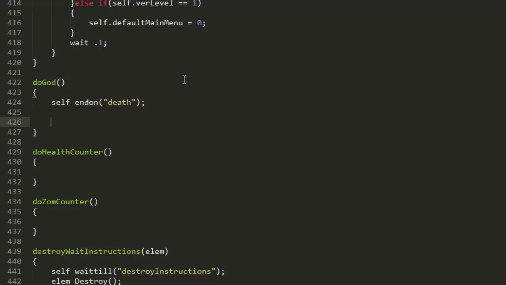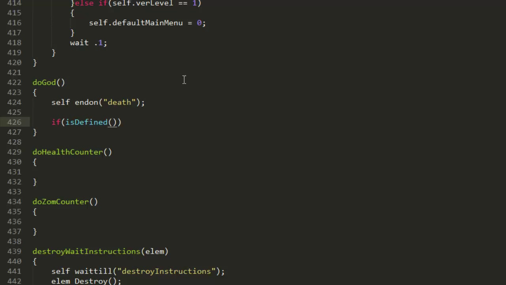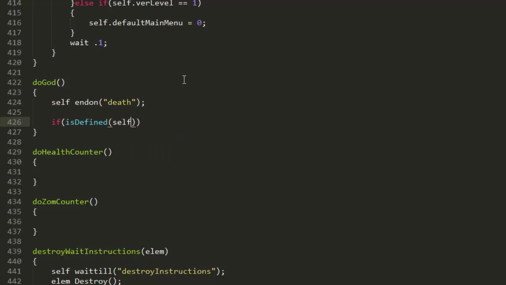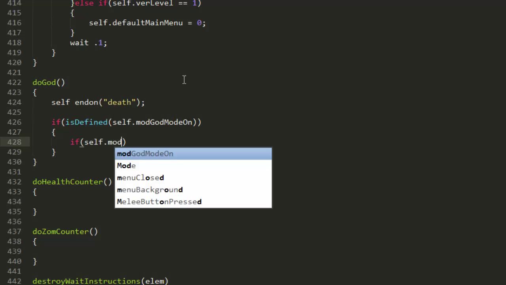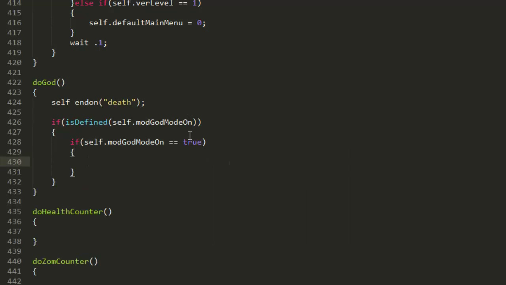So now we're going to want to create the actual toggling part. So let's put if is defined, so if this isn't the first time that they're running, basically, self dot mod God mode on, then if self dot mod God mode on equals true. You don't actually need that bit, you can just leave it at that, but I just like to put it. But anyway, if it's on, then we're just going to set it to false, so set it to not on,